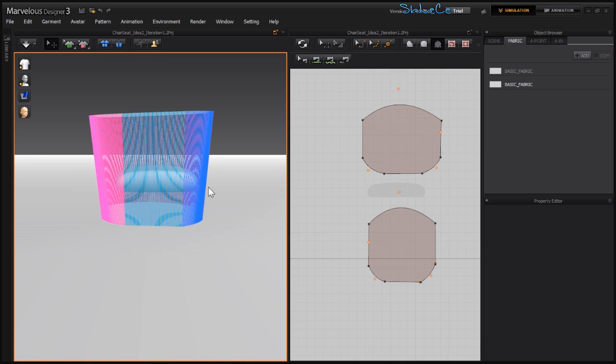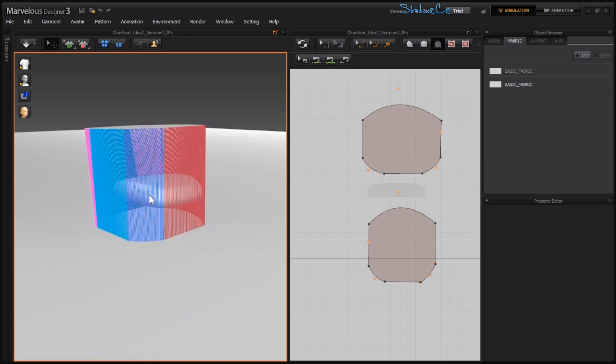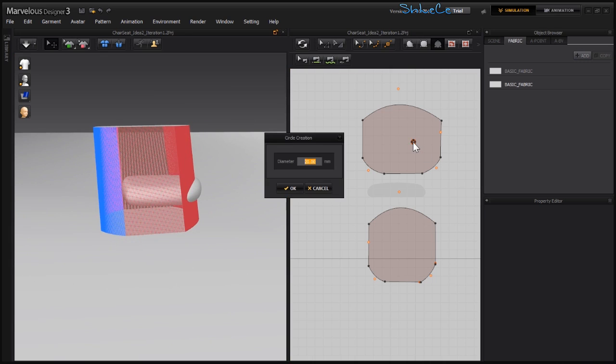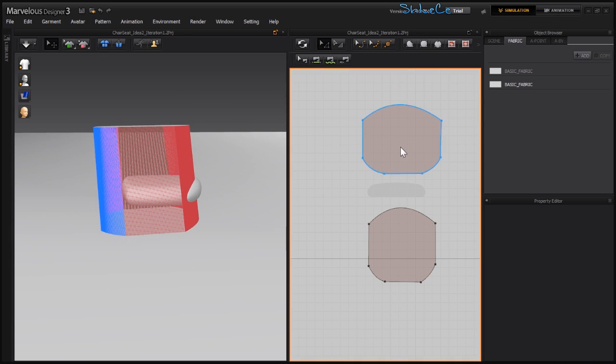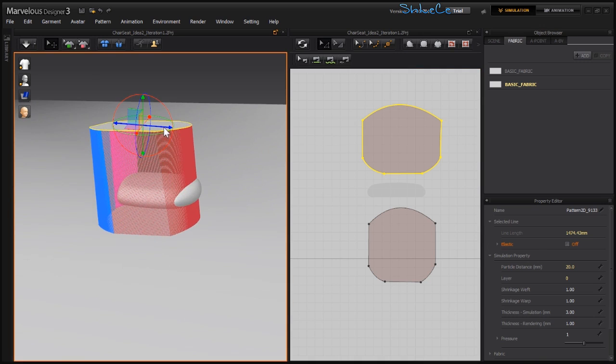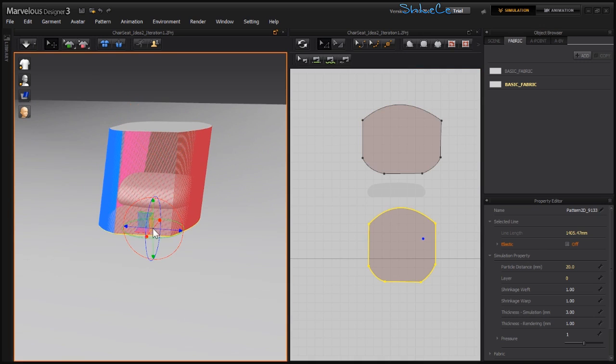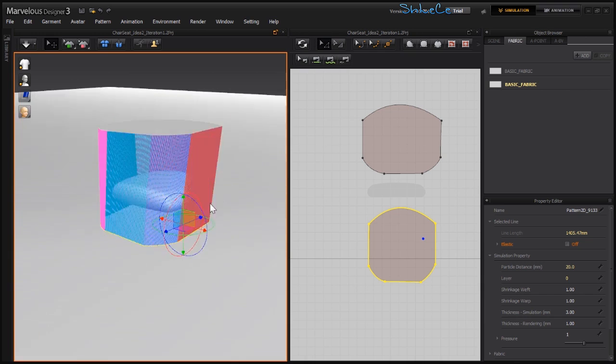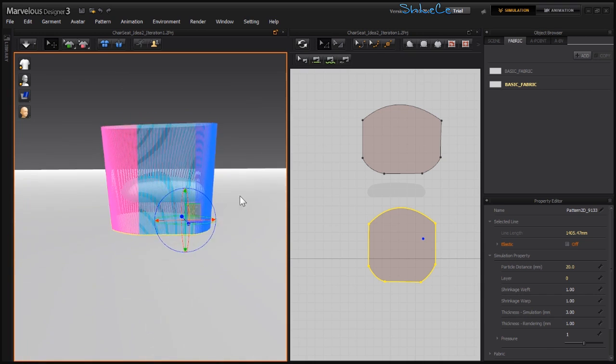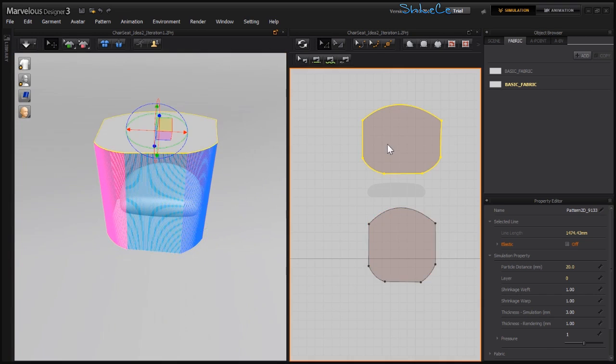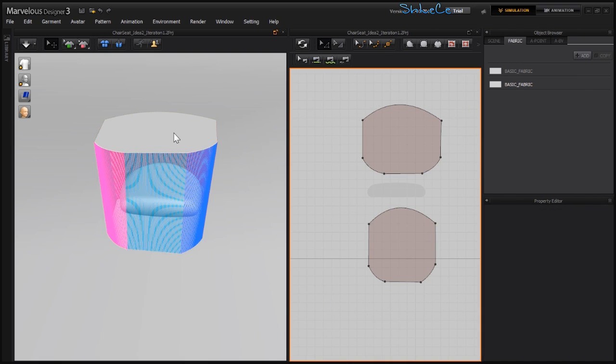Okay, to make this tutorial a little less boring, I created my patterns and also placed them where they should be. So let me arrange them. So this should be fine. And we have two different patterns, and the particle distance and everything is, I guess, at default. So I'm gonna hit the spacebar,